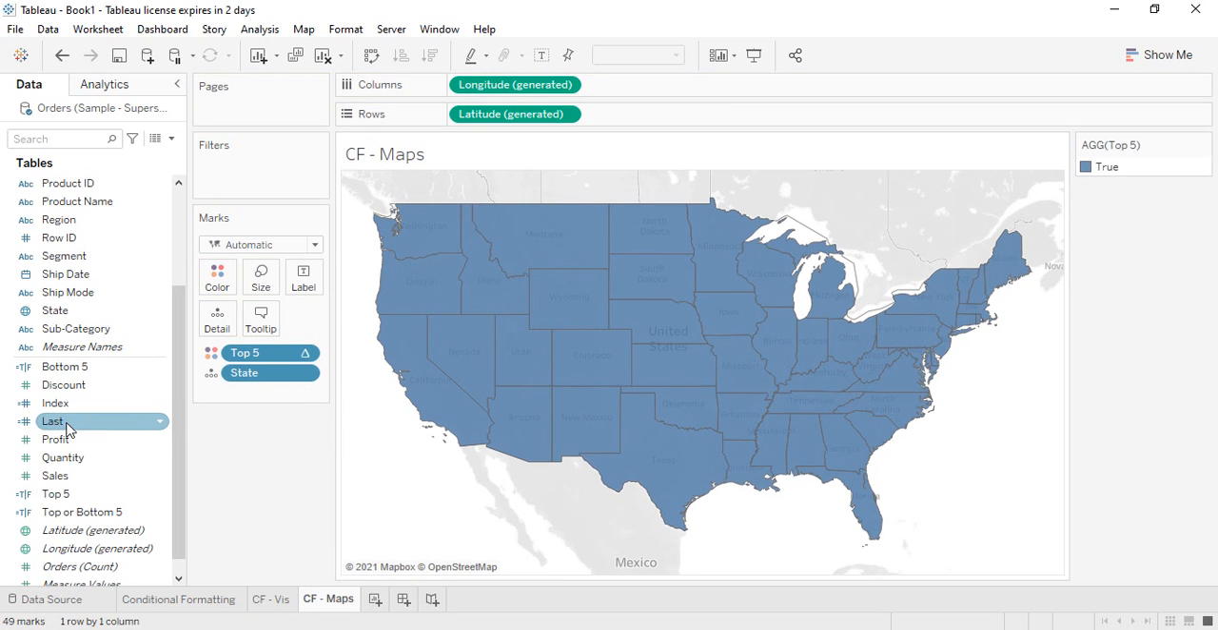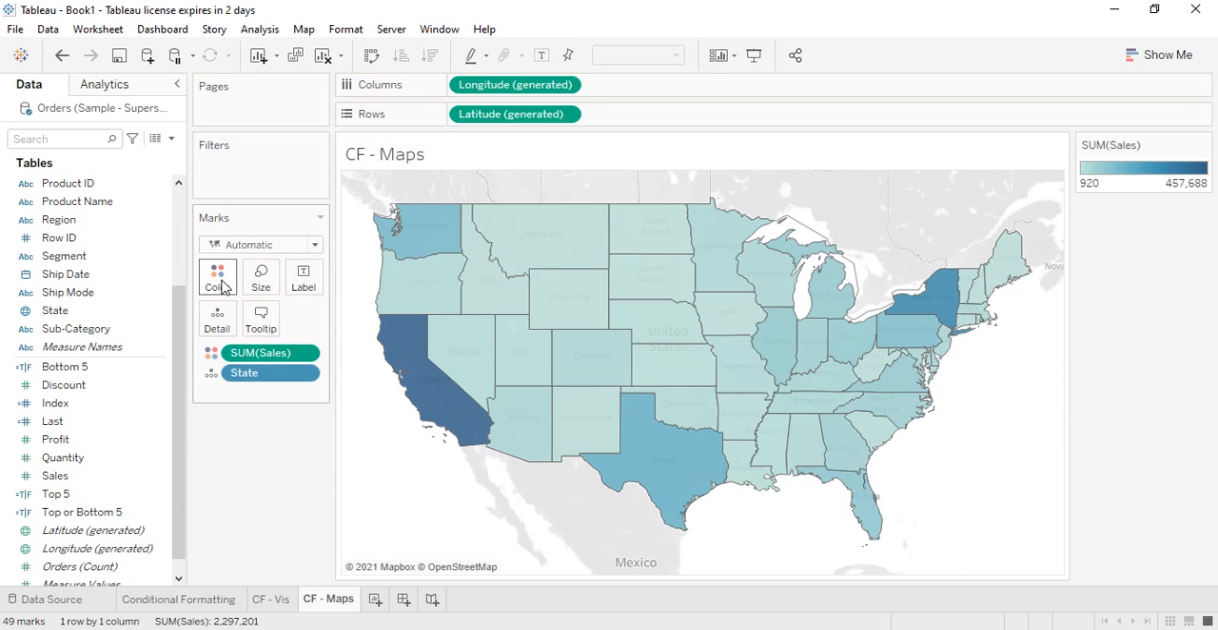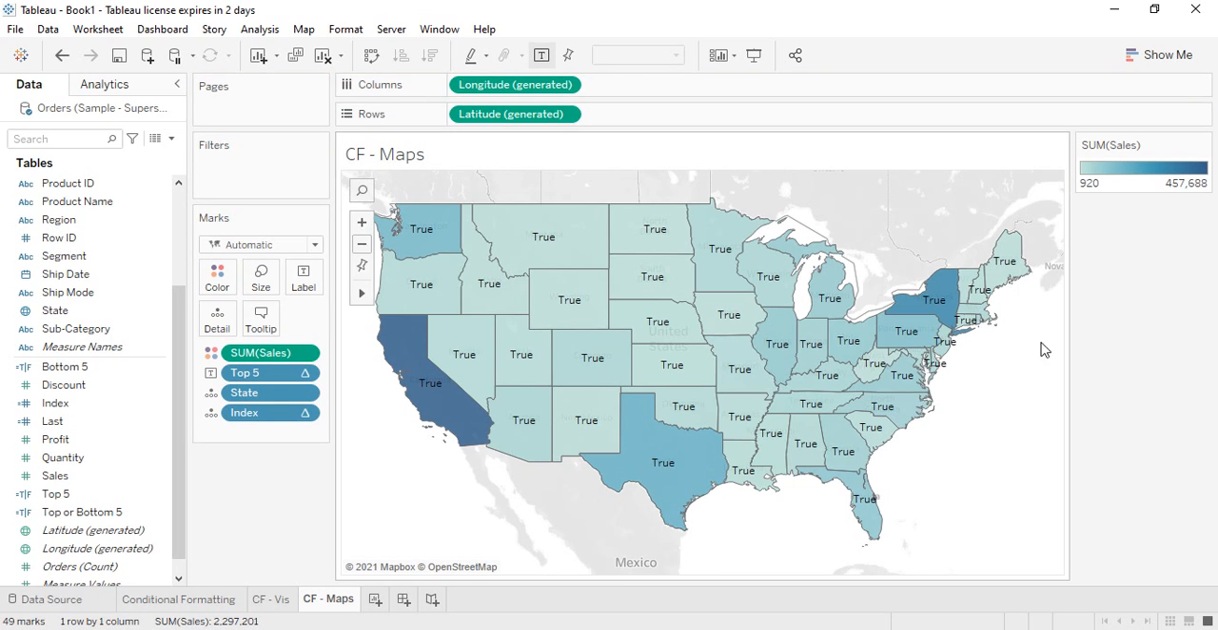What we can do is just double click on this, just remove this top 5, get the sales into the colors part, double click on the index. So yeah, that's applied. Double click on top 5. Now when we double click, what happens is Tableau tries to automatically determine which place is best for this particular field. Now if you just drag this top 5 into the labels part, again we are getting all true